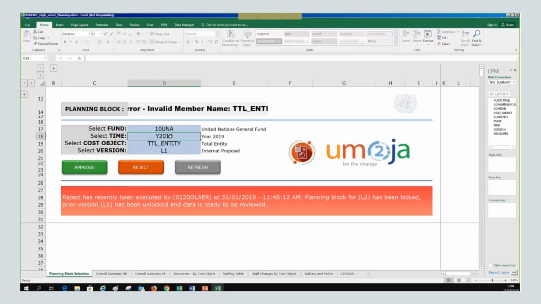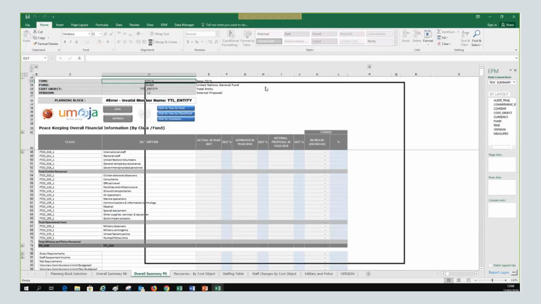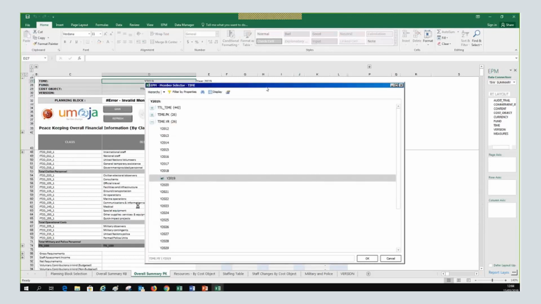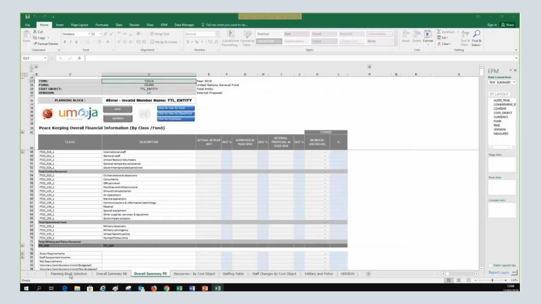It's taking a bit of time. You have to be familiar with this situation where the form says not responding. It's not that it's broken, it's that it's waiting for the server to bring data. So I'm going to select 2020. I don't know why the tab changed.